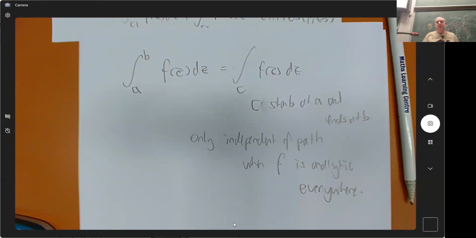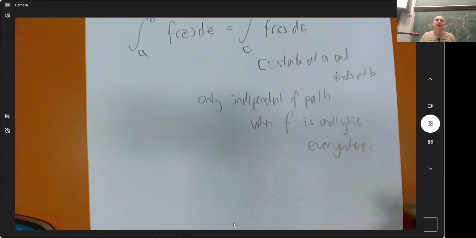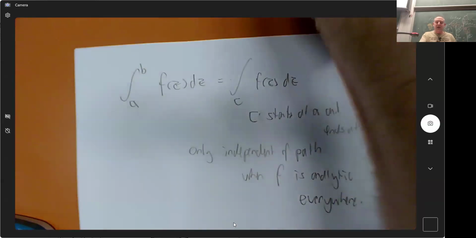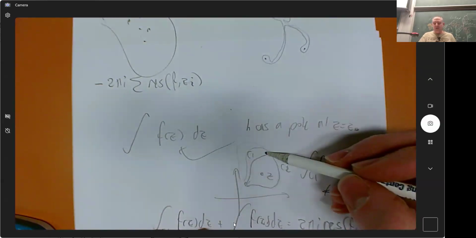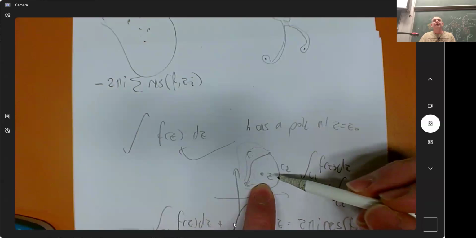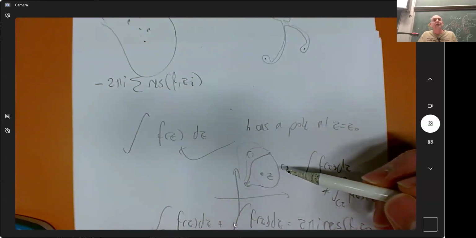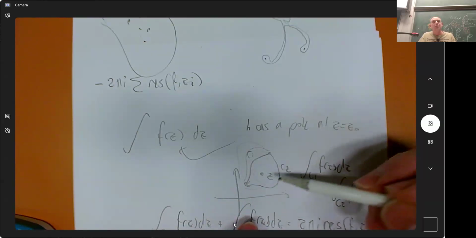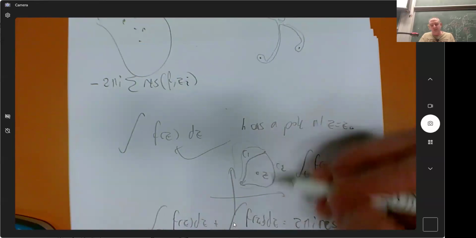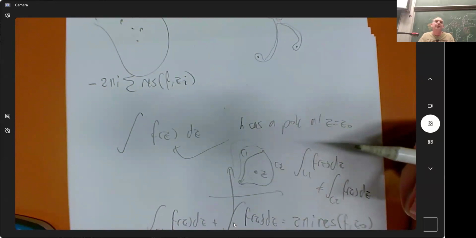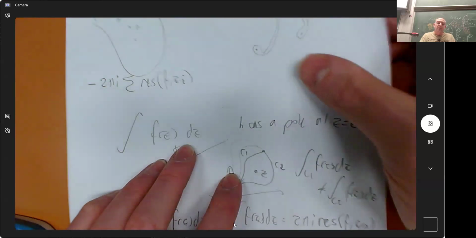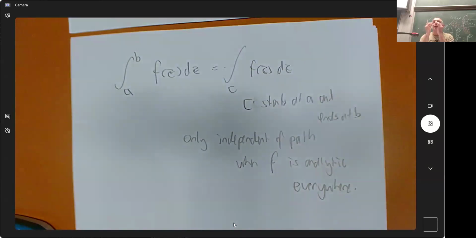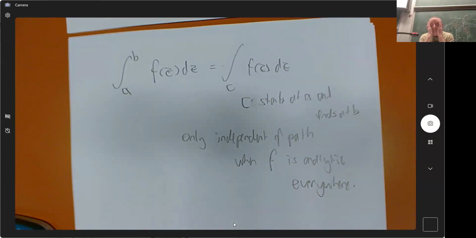So that happens as well. If I had had a curve that looped around that, that would have gotten a different answer again. Probably the same as C2, but if I went round twice, it would have another answer again. So you need to be careful of your curve looping around itself. But for an analytic function, it doesn't matter. It can loop around itself as many times as you want, and we'll just give the same answer.